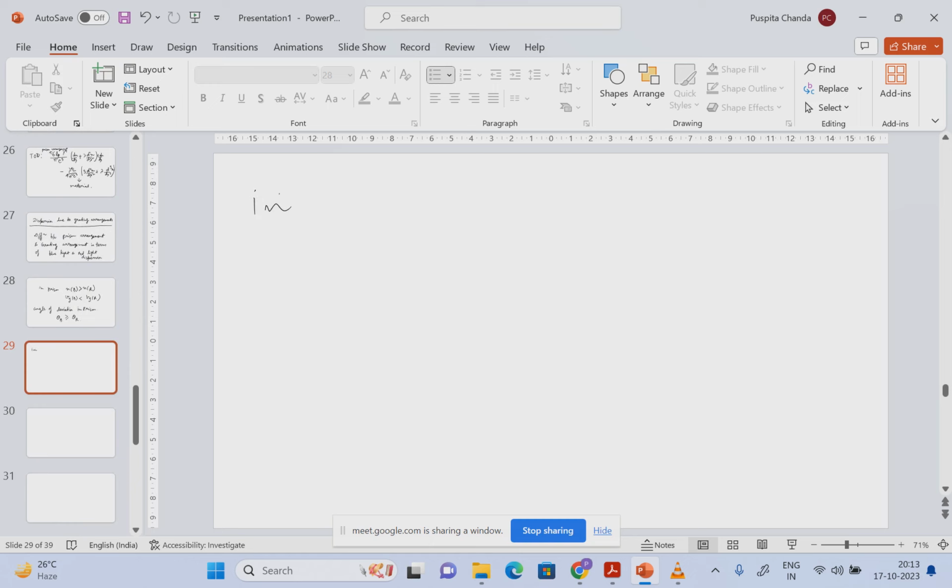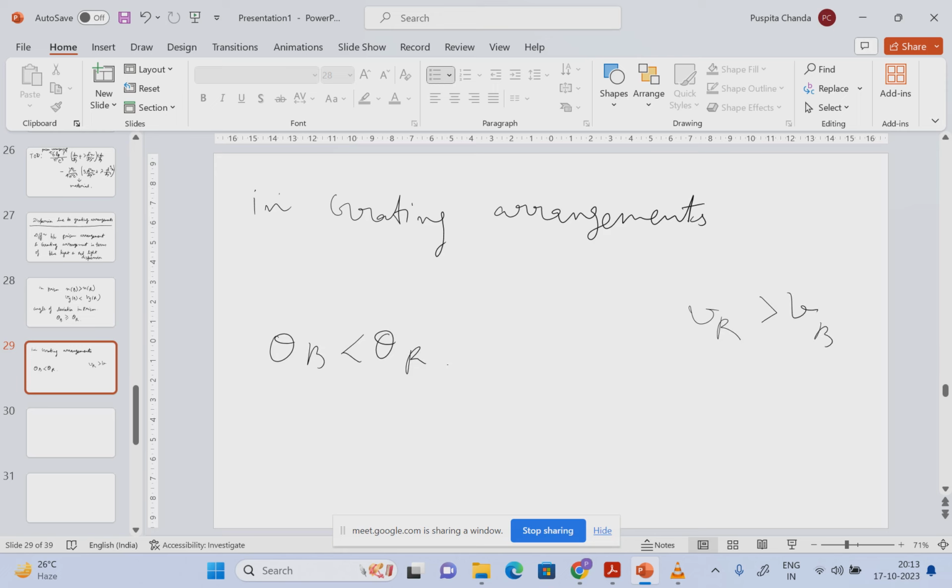But in grating arrangement, theta b is less than theta r, and the velocity of the blue wave is greater than the velocity of the red wave. Okay, so please understand,